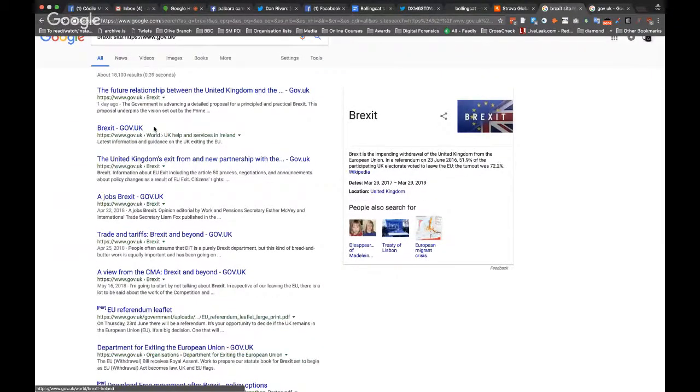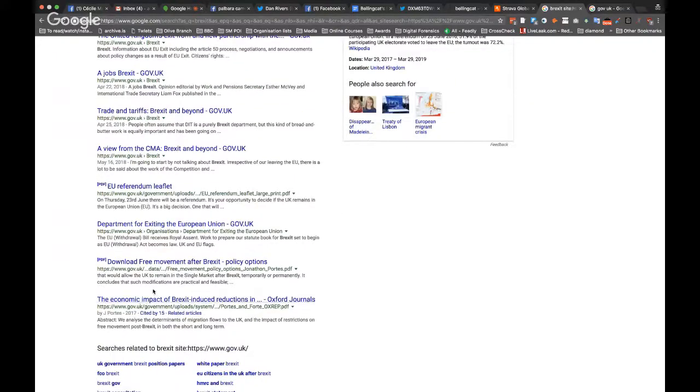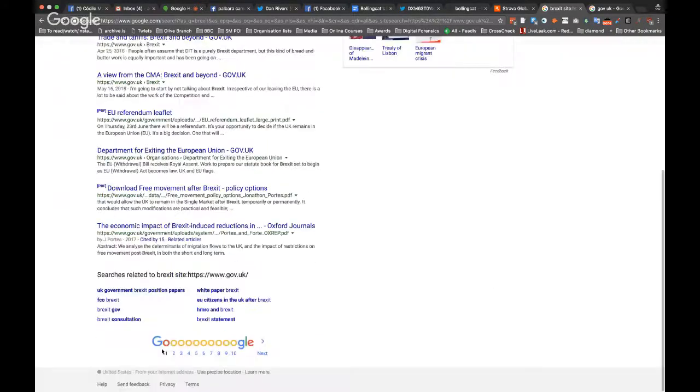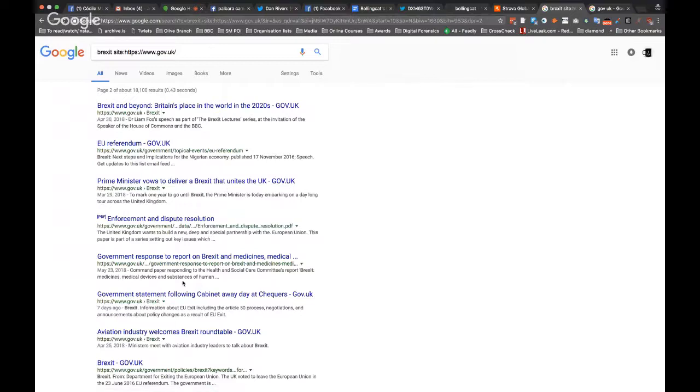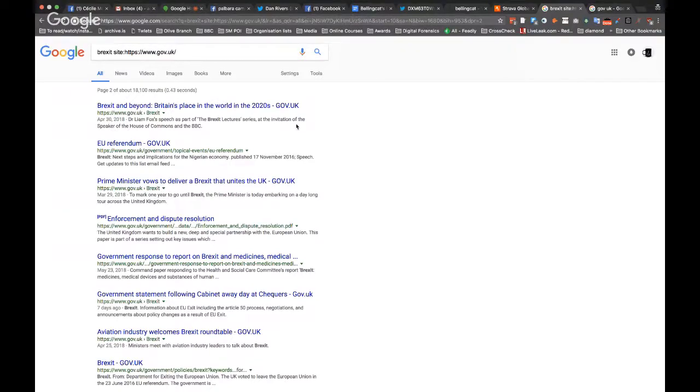And as you can see, all the information that comes up is from the website .gov.uk, and in that case, it's about Brexit. But you could be more specific, et cetera. But if you know that you're looking at a website, use Advanced Search, because actually Google Advanced Search searching through a website is more efficient than some website search options, which sometimes are a bit tricky.